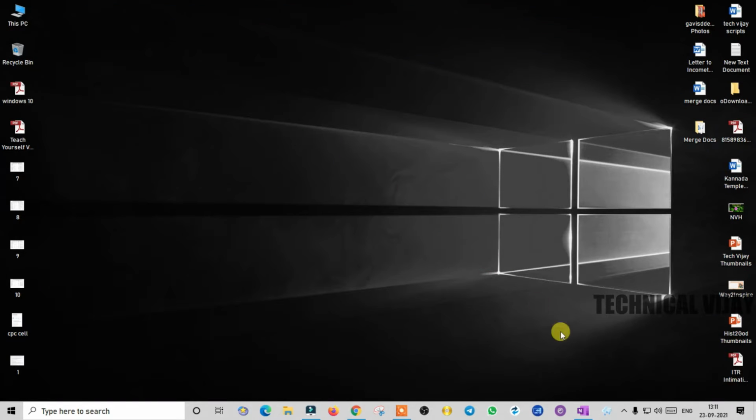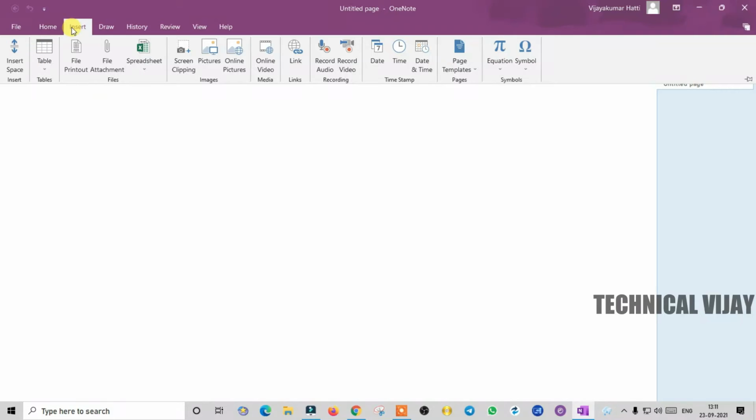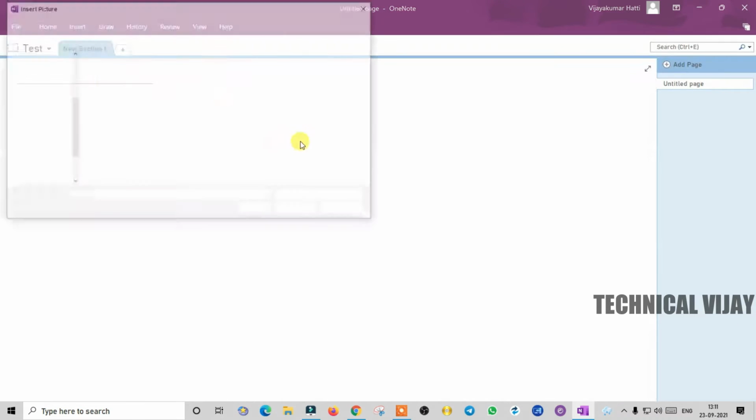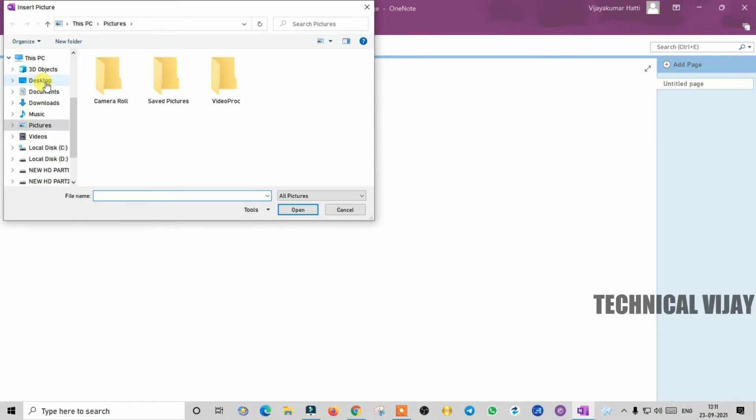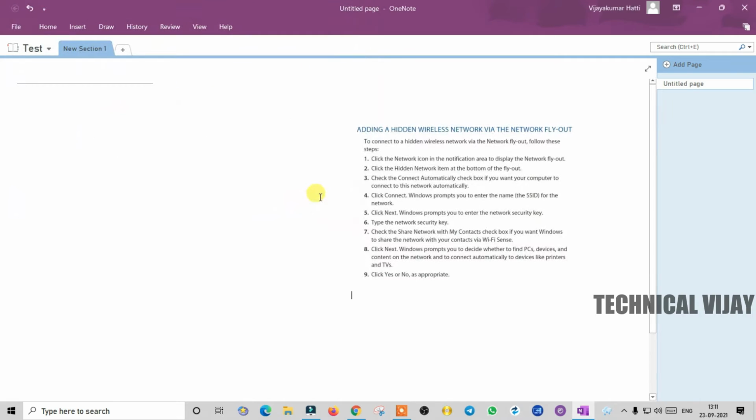First, open Microsoft OneNote like this. This is the 2016 version, but of course you can use any version from 2007 onward. There are again two methods to do this. In the first method, go to the Insert menu. In this menu we will attach the picture. Here, Picture, we browse to the screenshot I have kept as one. We open this one.